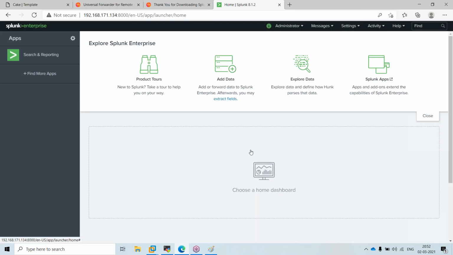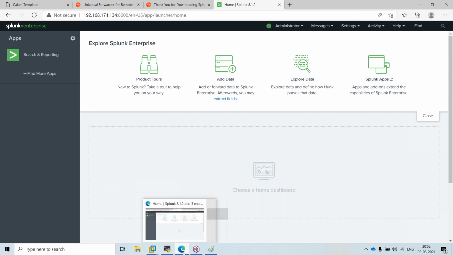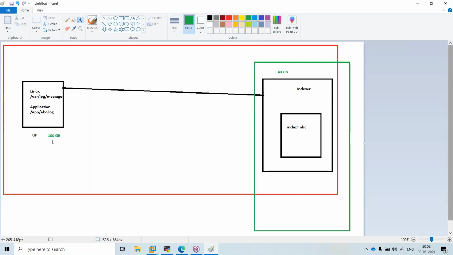Now what we will do is try to load the data into Splunk. For that, there are two approaches. One is if you have some configuration set in your application where you are installing the universal forwarder, then we can send the data from your source system to here like this.